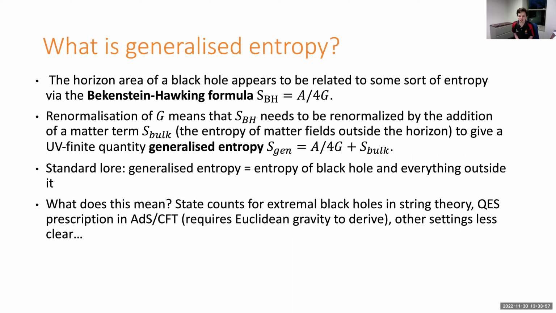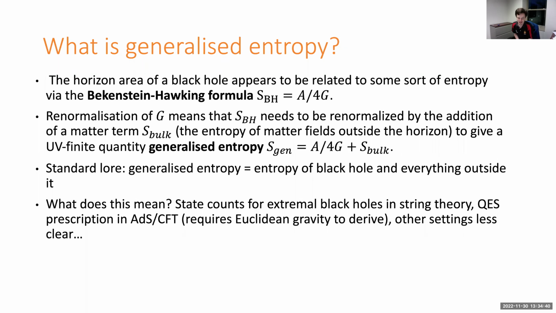In AdS/CFT, we have the QES prescription that makes this precise: for an appropriate boundary region, this is a formula for computing the boundary entanglement entropy. But the known derivations of that formula use Euclidean gravity path integrals and the replica trick. In the boundary, those path integrals make sense as computing an entropy, and we know what the entropy means. But in the bulk, they're a bit weird because the thermal circle contracts. We think we understand the AdS/CFT dictionary of just mapping partition functions, but still it's not really clear from a bulk point of view what that computation actually means.